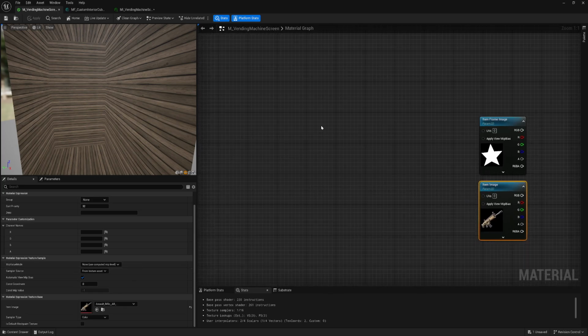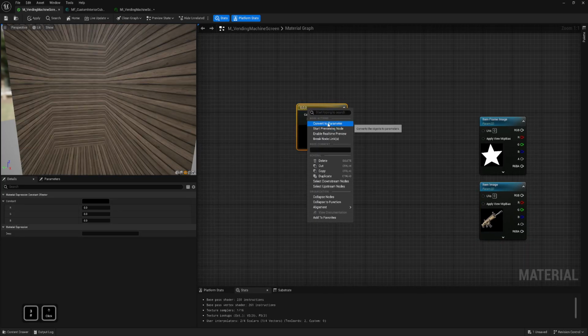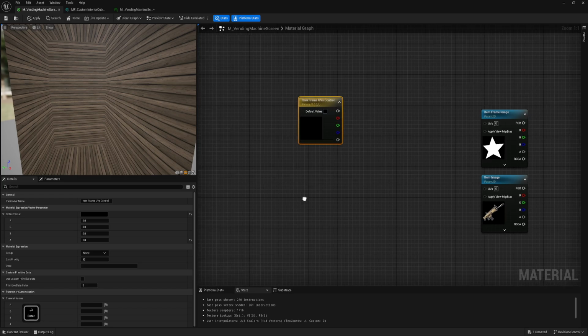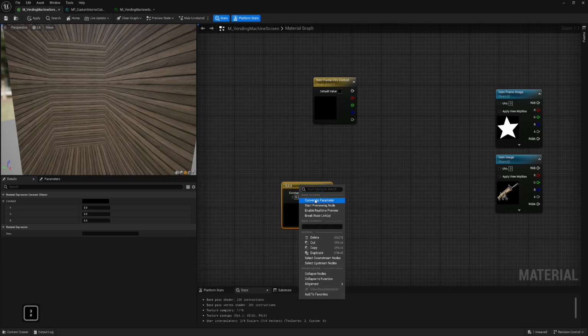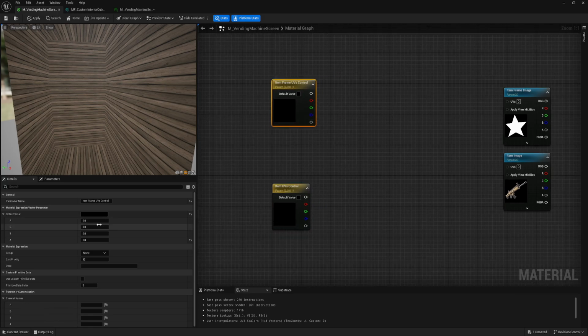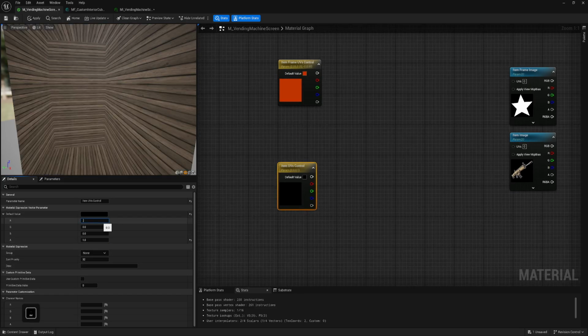Straight away I will create color again and color to parameter. So this will be frame UVs control, and this will be item. This will be 0.55, 0.03, minus 0.5, and 60. And for now, this will be the same.